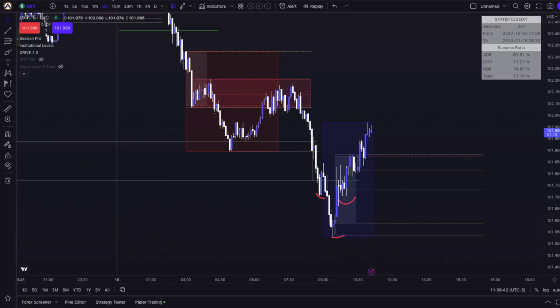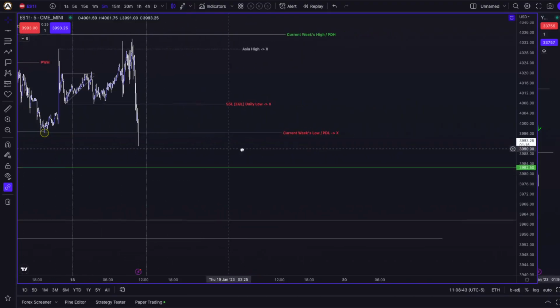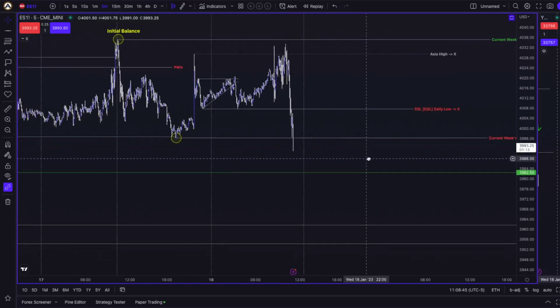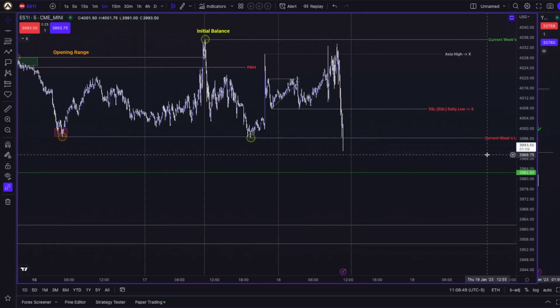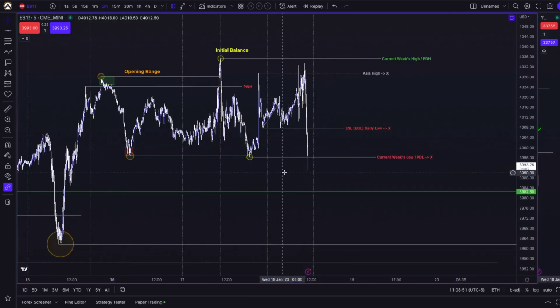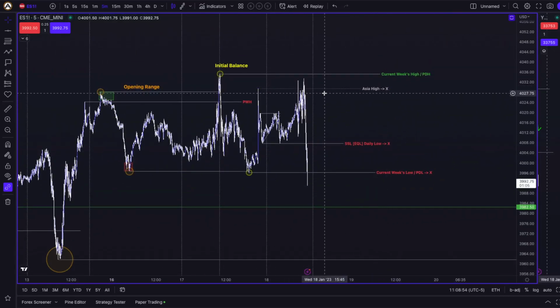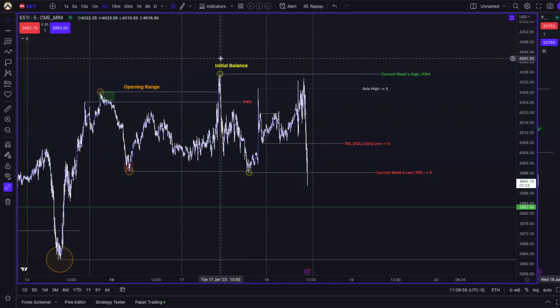Yeah, indecisive here, but indices are dropping. New low of the week forming right now. Let's zoom in here. Yep. Let's see how this candle is going to close. But the probability is there that the high that we formed on Tuesday right here on our initial balance right at 40.35.25 is gonna